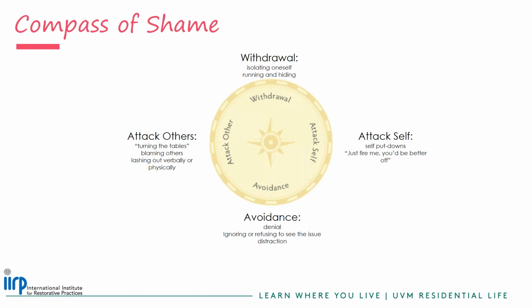They may not necessarily go back on the defensive and attack back when their residents verbally lash out at them. They may circle back around, hold them accountable, and name impact later, being able to say, "When you said I was a bad RA when I had to document you, that really hurt, because I try my best in the RA role, right?" So they may go back and name affect and hold folks accountable, but in that moment, if they understand that compass of shame, they may not necessarily. The hope is that they are able to use that compass of shame to gauge how they respond when other folks are experiencing shame.